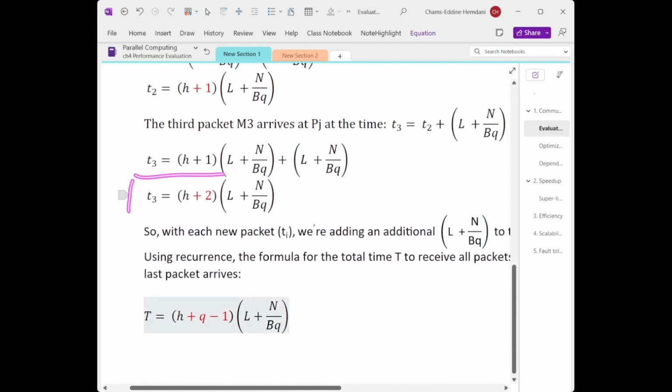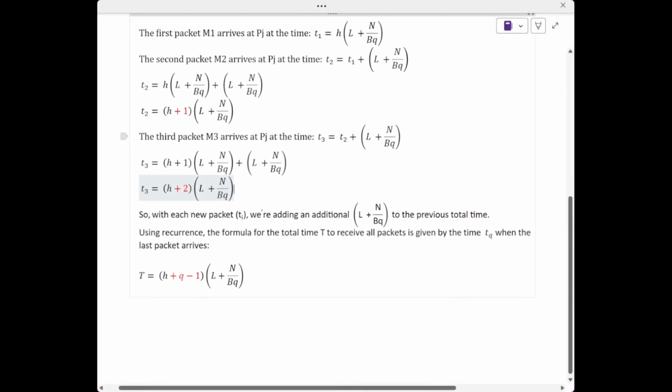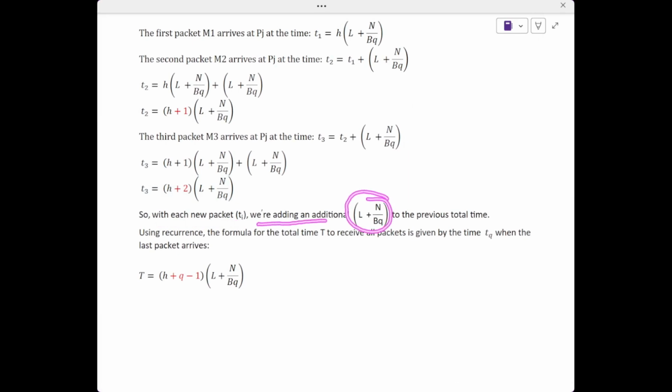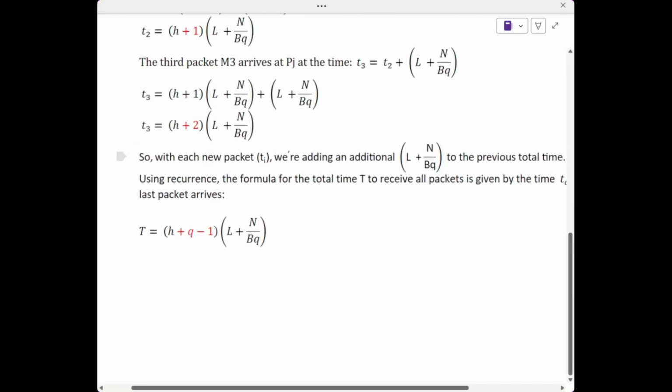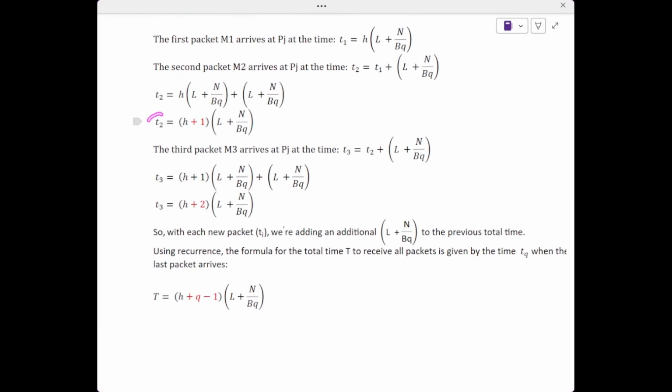So if in the third part we have this, we can generalize it and say that with each new packet we are adding an additional L plus N over BQ to the previous total time. By recurrence, the formula for the total time T to receive all packets is given by the time TQ when the last packet arrives. By recurrence we can see that T2 is H plus 1 times the same thing, T3 is H plus 2 times the same thing. So in general T is H,